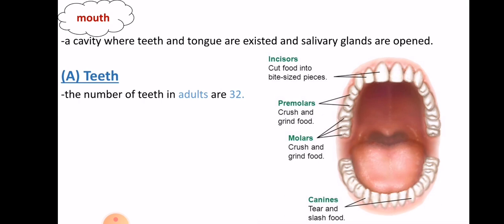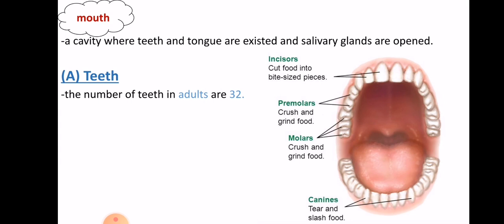In the upper jaw, there are 4 incisors. Also in the lower jaw, there are 4 incisors. In the upper jaw, there are 2 canines, and the lower jaw has 2 canines. So overall, there are 8 incisors in the two jaws, and 4 canines in the two jaws. And there are